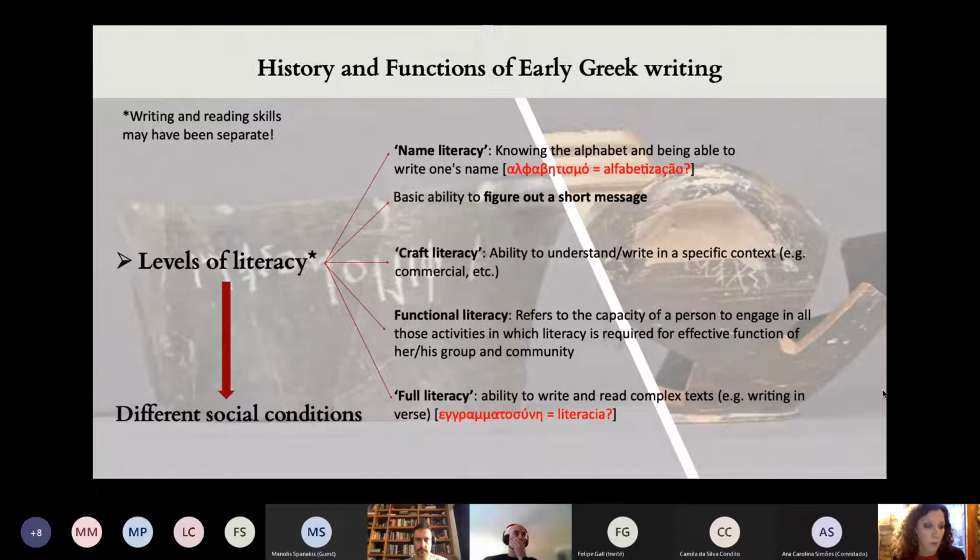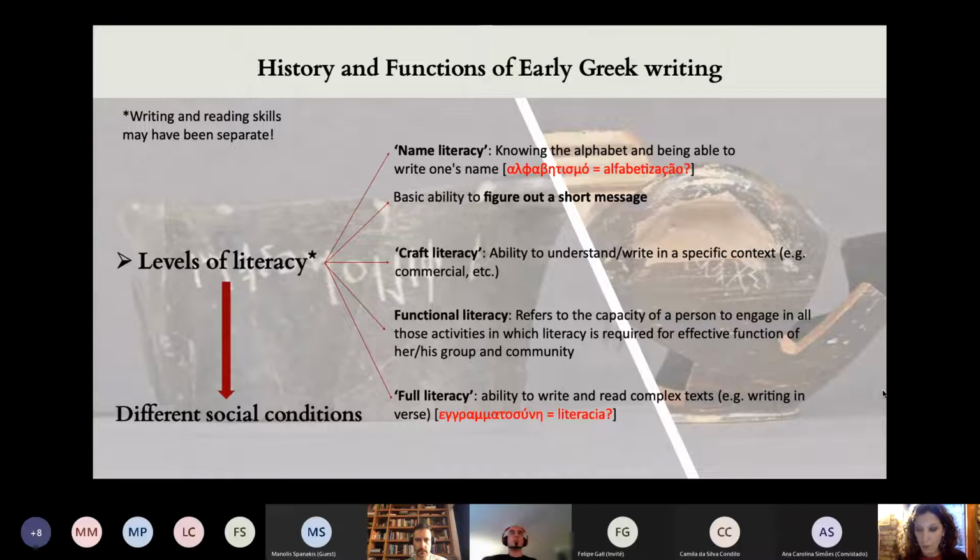Maybe he was willing to mark his name on a vase, but maybe he was not very literate. And we have, for example, craft literacy, that is very interesting because it's the ability to write